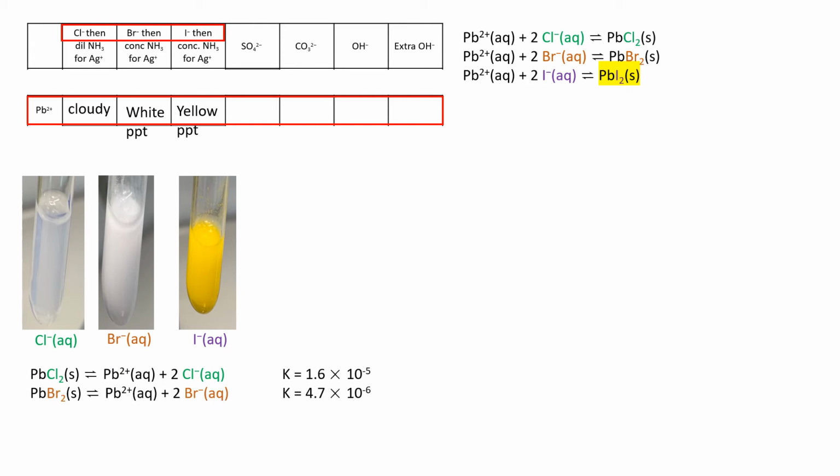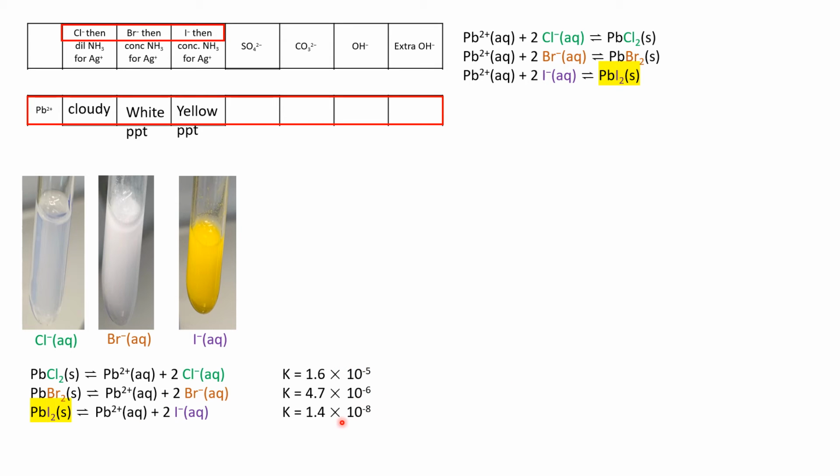Moving to the bromide, however, lead bromide splitting apart into lead ions and two bromide ions. Now you can see you've got a smaller equilibrium constant, not hugely smaller, but obviously sufficiently smaller that you go from the cloudiness for the chloride to the thick white precipitate for the bromide. And then finally, of course, lead iodide, an even smaller equilibrium constant. By the way, what this essentially means, for those equilibrium constants for the solid dissociating to the ions,